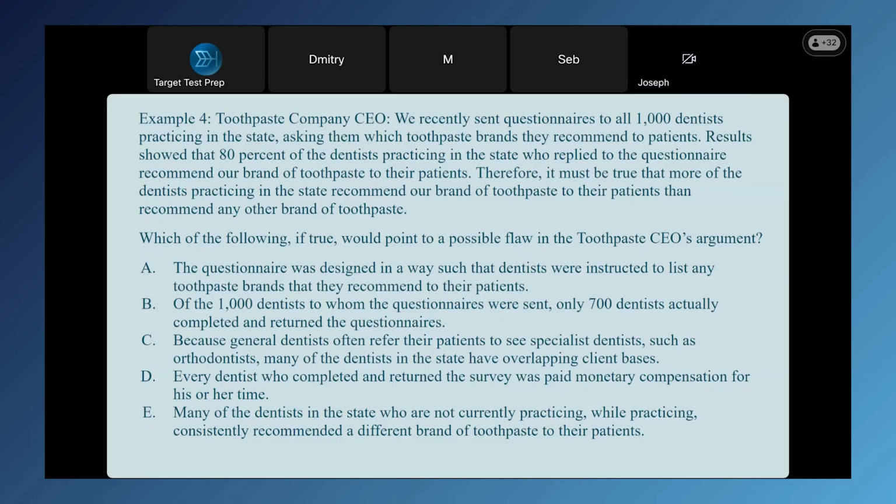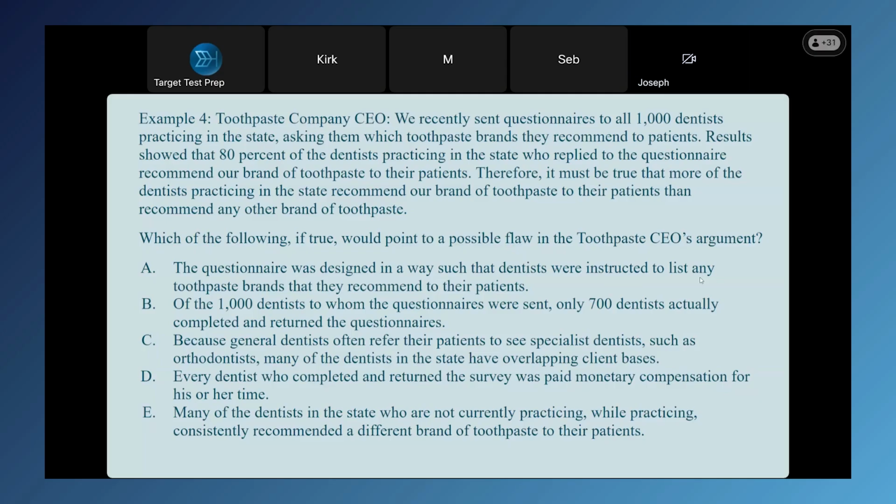which I feel like you could read as plural in the list or as plural as far as there's plural brands available. But yeah, if they're just able to list all of them, then it's not necessarily true that more dentists practicing in the state recommend their brand of toothpaste to the patients than recommend any other brand of